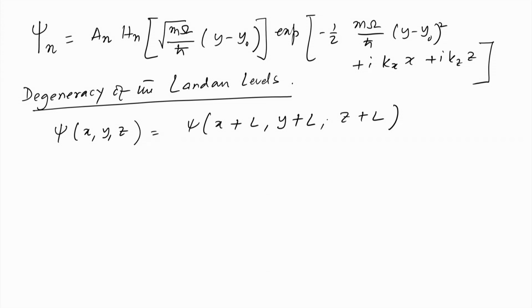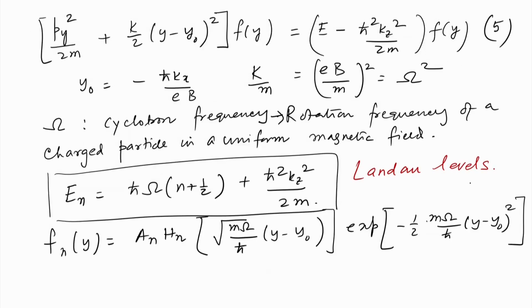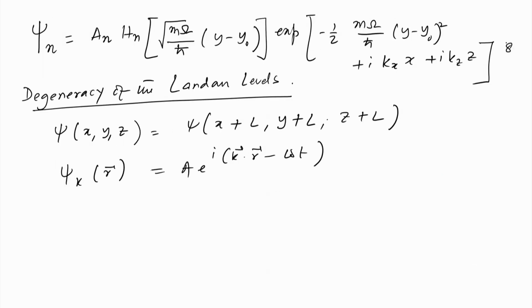So, if you take psi k of r equal to A exponential i k dot r minus omega t, let us call them 6, 7 and 8. So, that is the full solution, and call this 9 and 10. So, if you put 10 in 9,